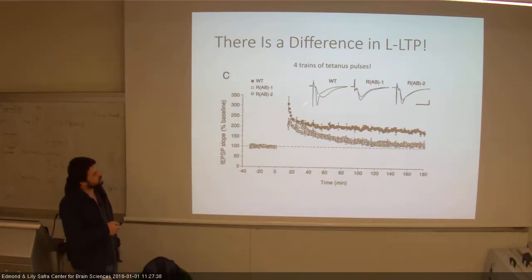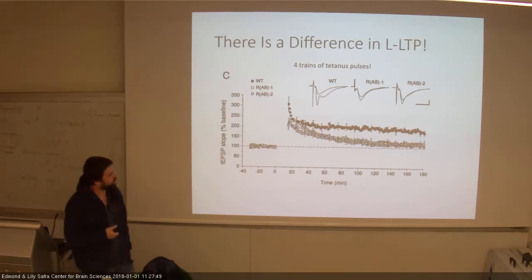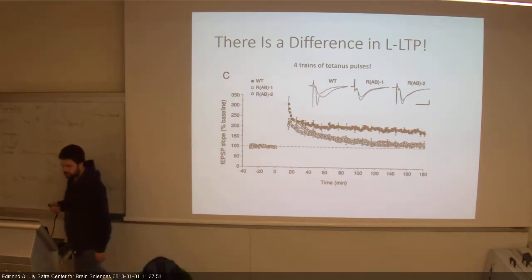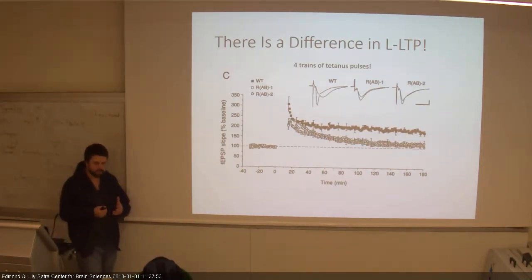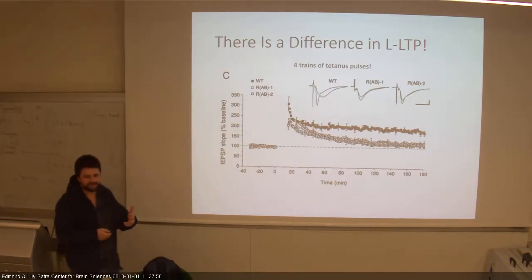It actually looks like it's already potentiated in a way, and the RAB1 is also slightly higher relative to the wild type, and it just comes to show you that you need to choose how to show your results. You need to choose what to show,